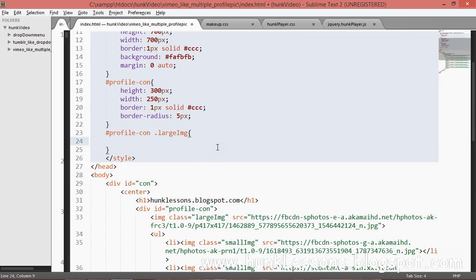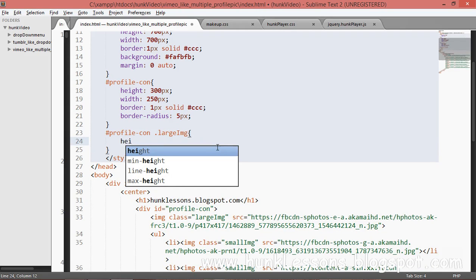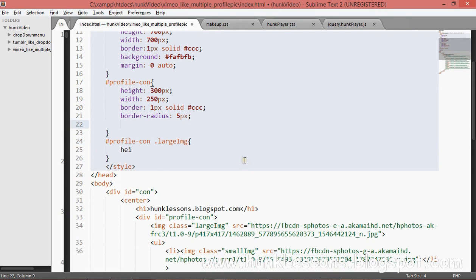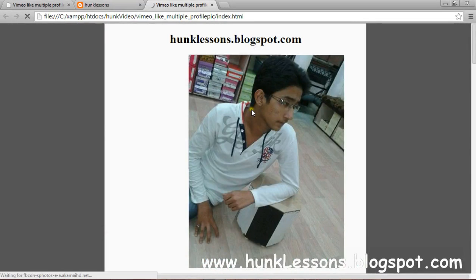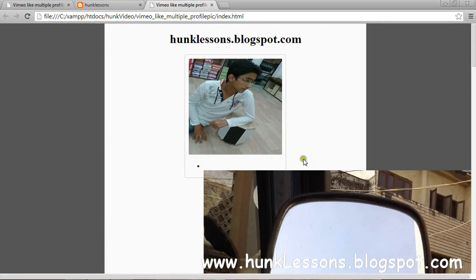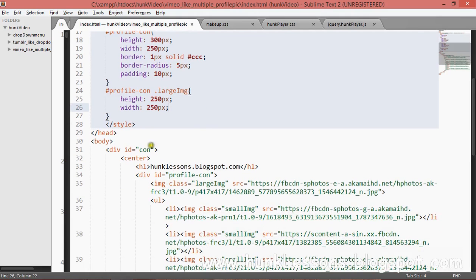Okay, we will give it a padding of 10 pixels, and a height of 250 pixels and width of 250 pixels. It will adjust it. Okay, our image is adjusted.